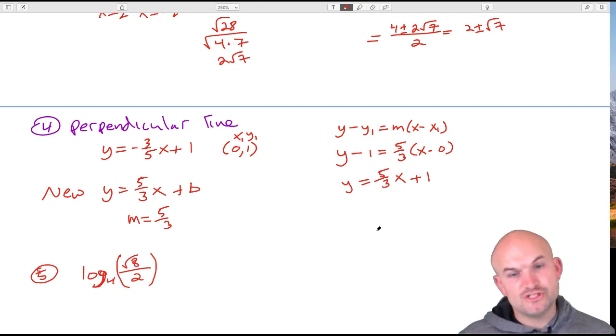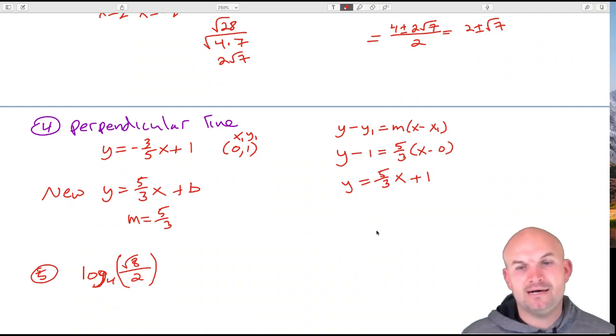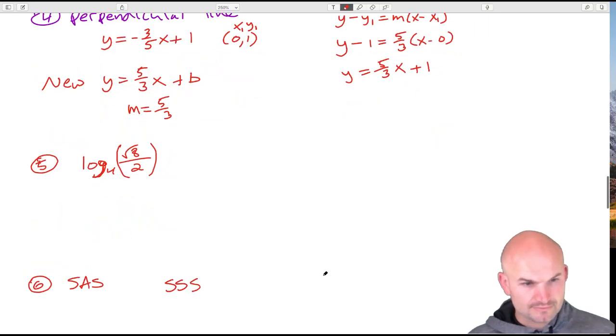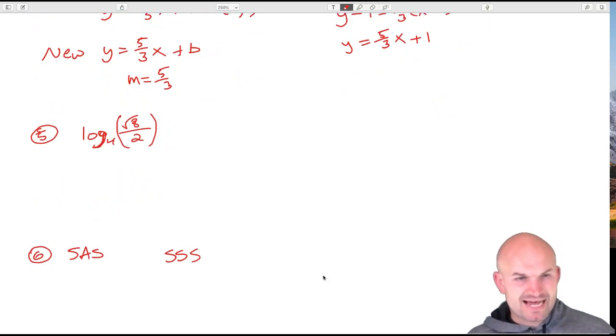So there you go. That's at least the general idea. Hopefully that at least helped you out. Obviously, I just tried to make things simple because I had to make it up on the fly, but hopefully that helped out. All right, so for question number 5, I was kind of thinking about a couple different ways